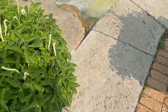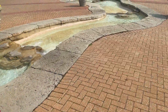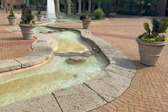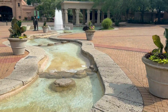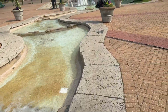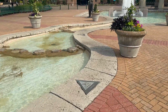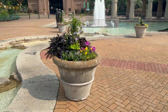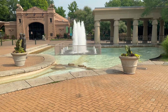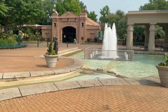So that fountain must empty out over here. And it's actually quite pretty, I have to say. And it just kind of flows out and into this main pool all the way down there. I'm also really surprised they don't have a fence around it. Most places nowadays have fences around waterways, especially with small children, small humans. Not that you can't trust them, but you know. Pretty, I have to say, it's really big and open here. It's gonna be a hot one today, guys, too,